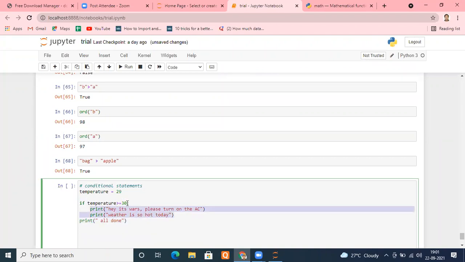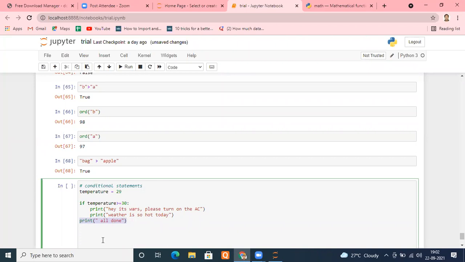If this condition is true, then these two statements are going to be executed. If the condition is not true, they will not be executed, but your interpreter will move to the next one. Even if this condition is true, first this will be printed, then this, and 100% this will be printed because it is not a part of the conditional statement. It doesn't matter whether the if condition is satisfied or not, this is always going to be printed. I hope it is clear with everyone.